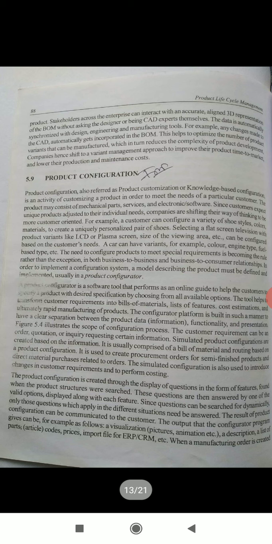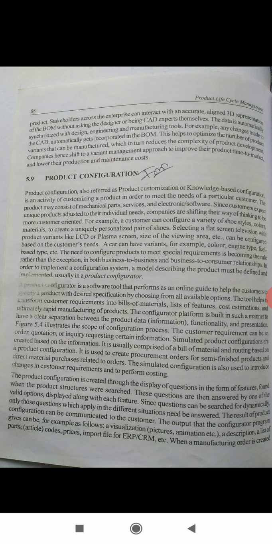The tool helps to transform customer requirements into bill of materials, tests, lists of features, and cost estimations, and has a clear separation between the product data information, functionality and presentation.